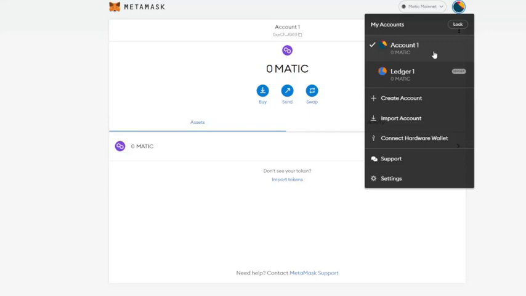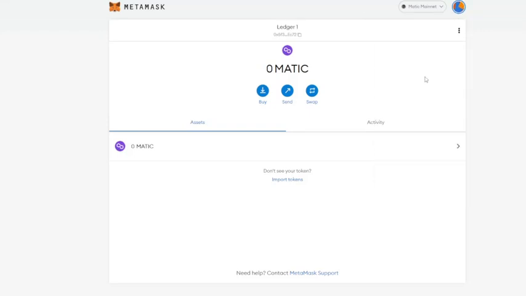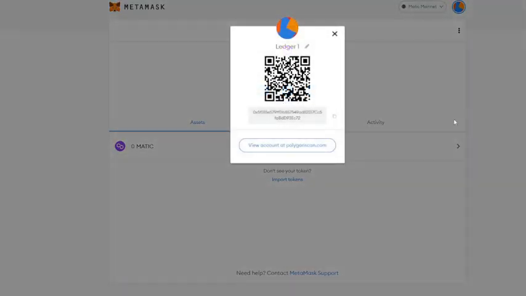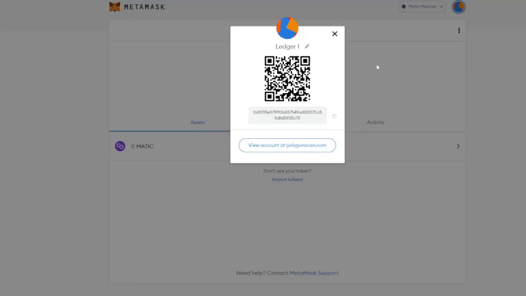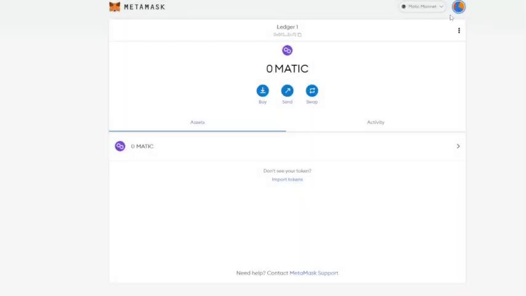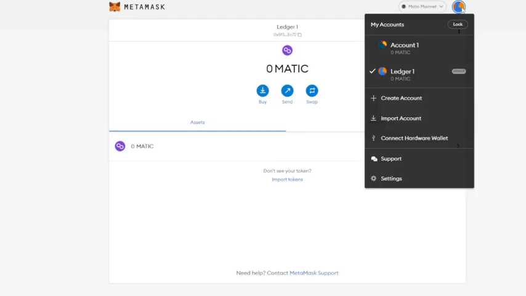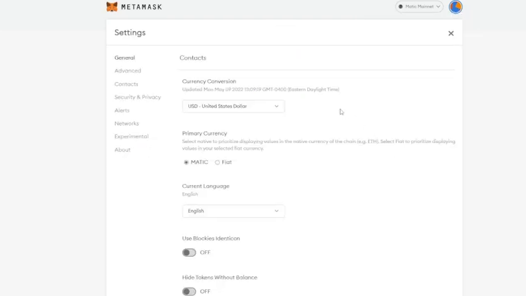You go to your little icon, you can go to each one, and it does remind you that this is your ledger. Okay, so you can go through there and take care of that. You can also go into this account details, and you can view on Polygon here. Again, that's a nice quick way. QR code if you want somebody to send you something, and the other thing you can do is under your settings,